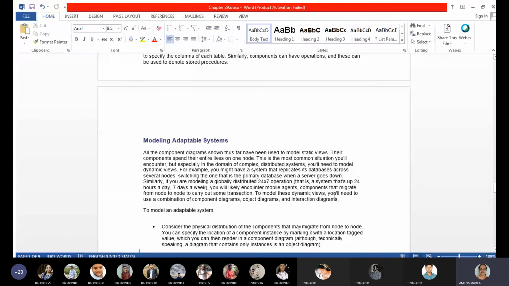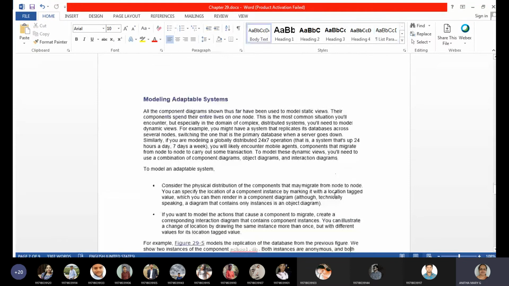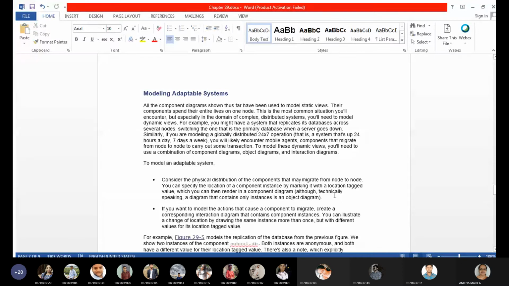And then moving on to the last common modeling technique, which is about adaptable systems. These are systems which are good enough for a particular situation and can be adapted to do a particular task.